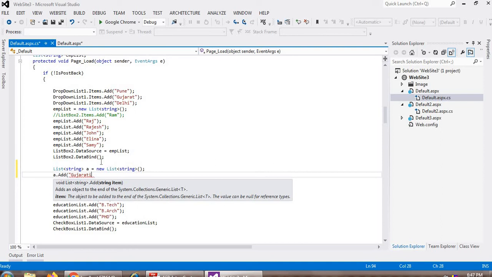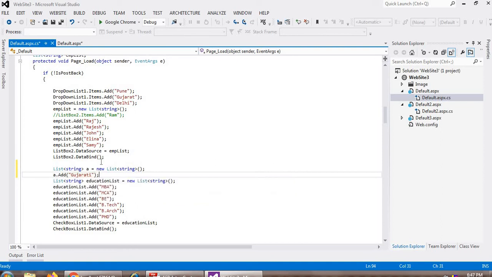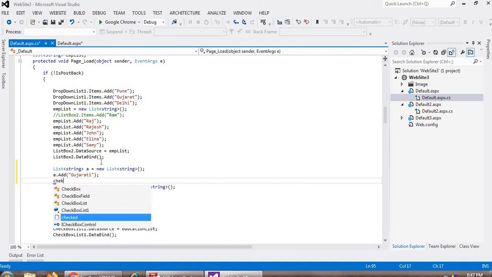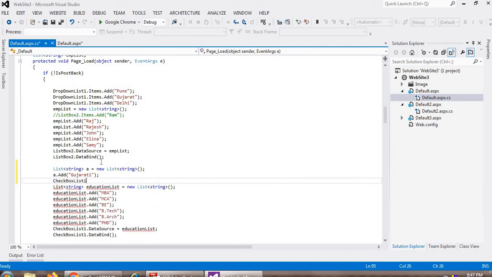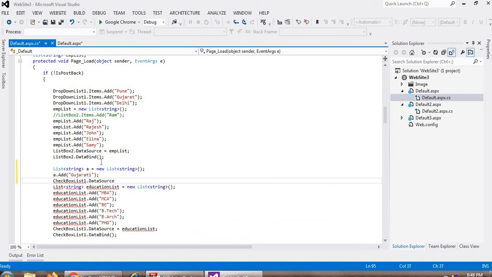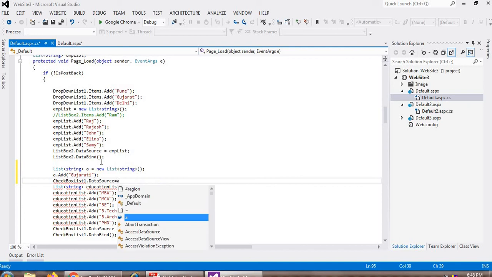Clear? Then double quotation finish and the bracket finish and semicolon, right? And then lastly you can write, this is my checkbox list, this is my control name, checkbox list 1 dot DataSource, yeah, you can see DataSource equal to a, right?